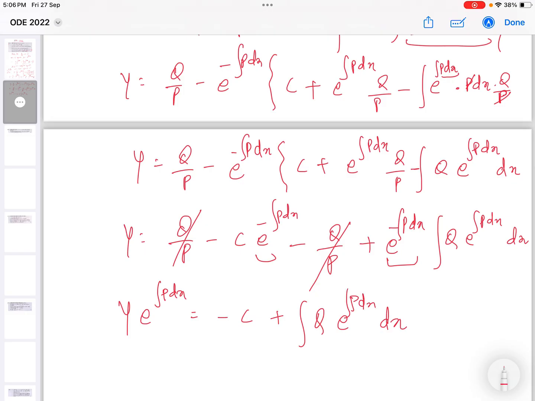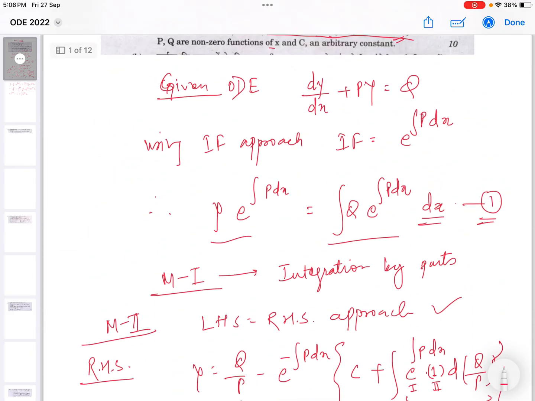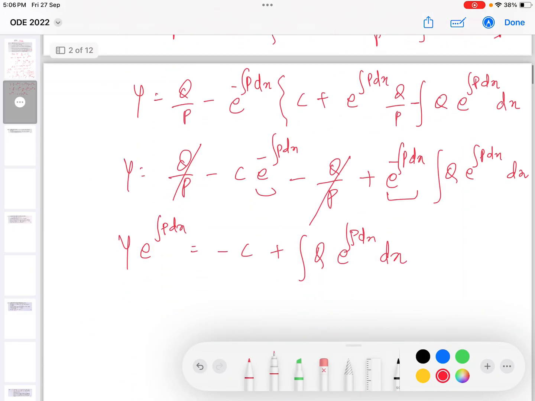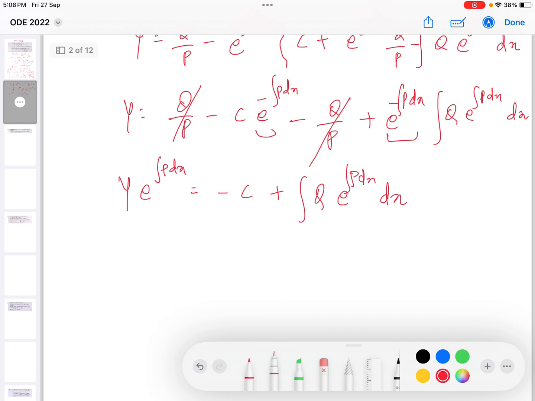So yeah, this was the term that we need. So here if we put limits, there will be some constant, say minus c or plus c, or here you can say that minus c is equal to some other constant. Y is equal to e raised to the power p dx, c q